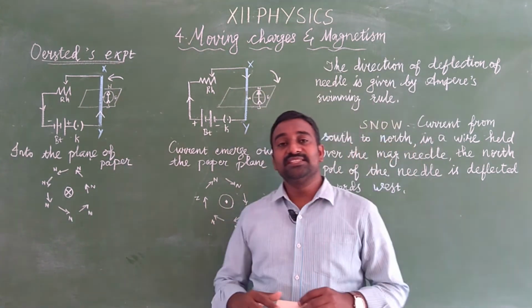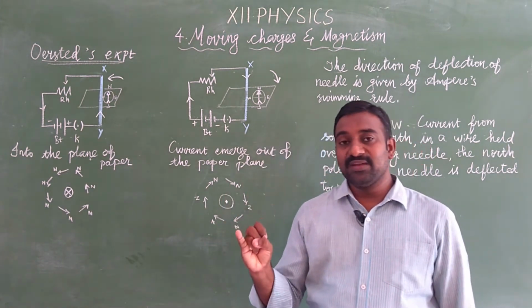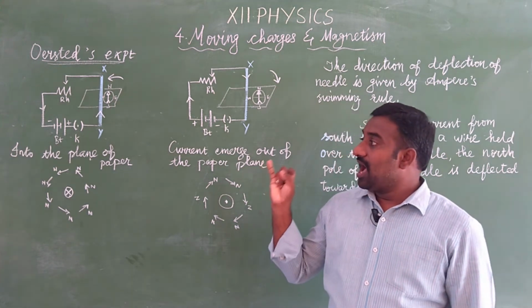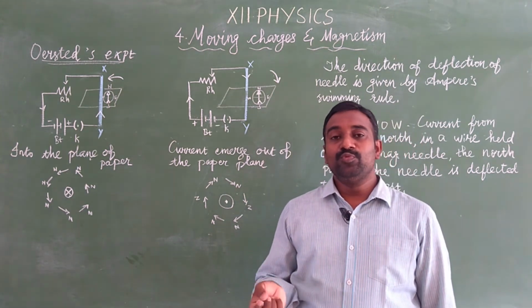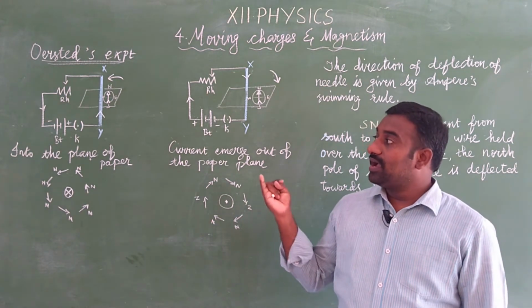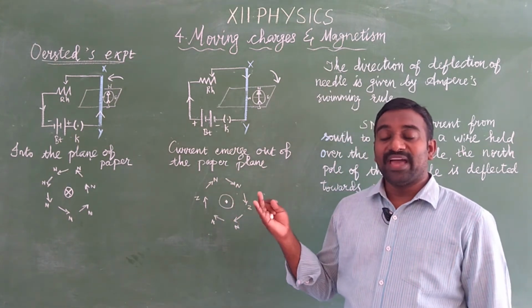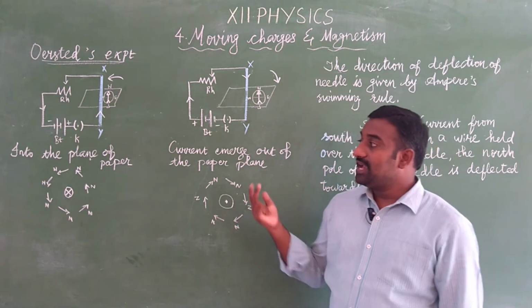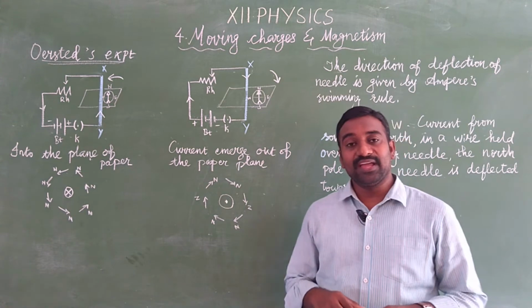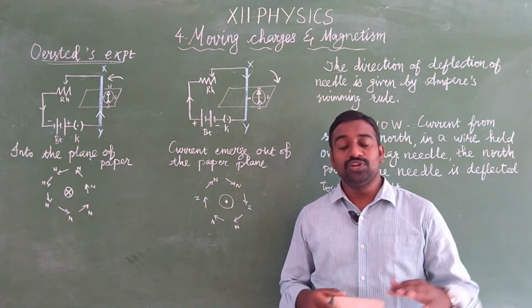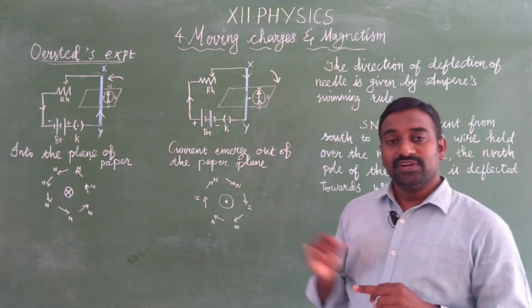In this lesson we are going to discuss three topics. The first one is how electric current produces a magnetic field, and then how a magnetic field exerts a force on a moving charged particle. We know that a moving charge produces a magnetic field around it, so how an electric current produces a magnetic field around it, that is the first one. The second one is how a magnetic field exerts a force on a moving charged particle, and then we are going to find how a current and a voltage are detected by the device galvanometer, and how to convert a galvanometer into an ammeter and voltmeter. So these are the three main topics we are going to discuss in this lesson.